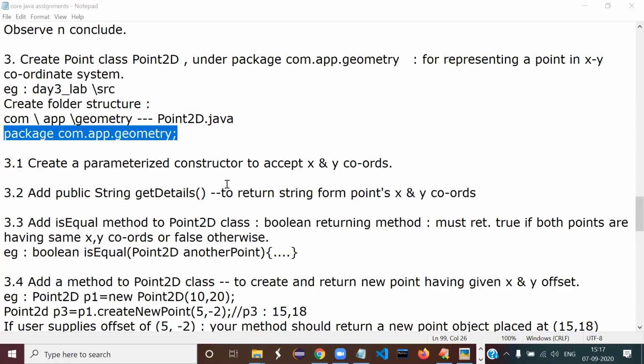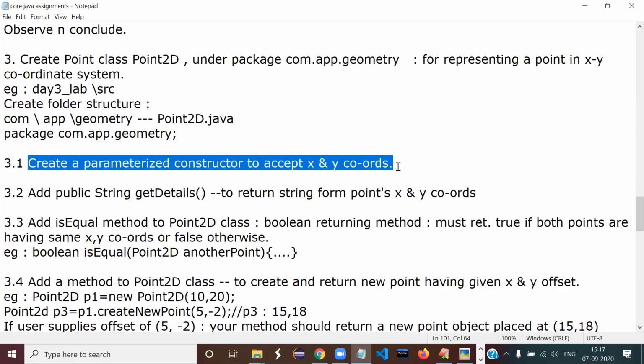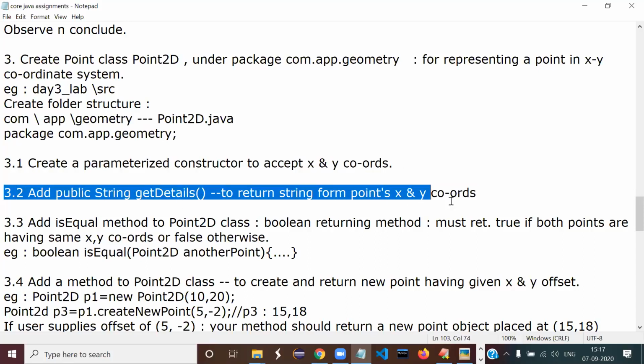So that is the first thing. But please don't continue in my day 3. Create a separate folder, a separate workspace like day 3 lab. Everything has to be done from scratch. Next one. Here I think people will understand. Just an argumented constructor, and you will have 2 arguments, x and y. this.x equal to x, this.y equal to y. And this is also easy. You should tell me; I should not say easy. You should say easy.